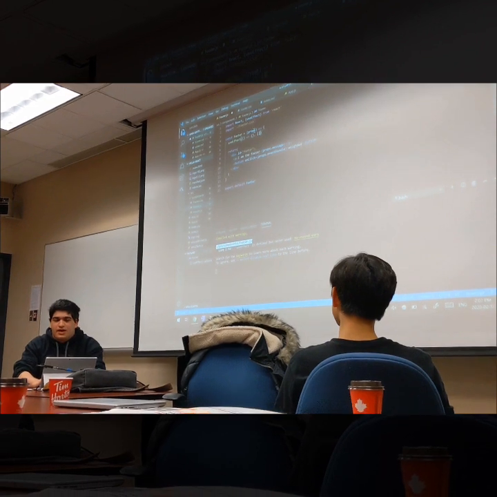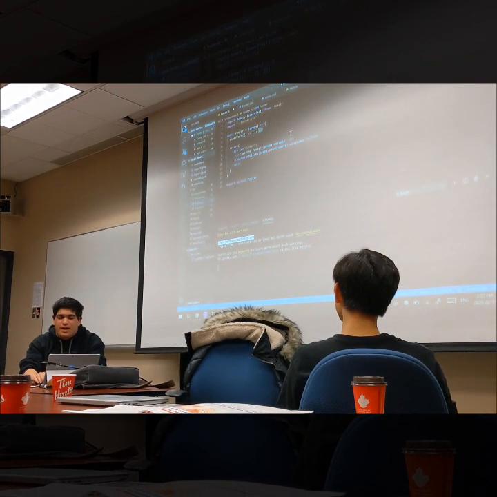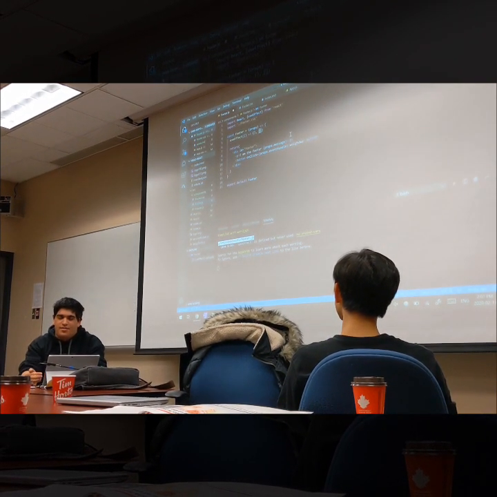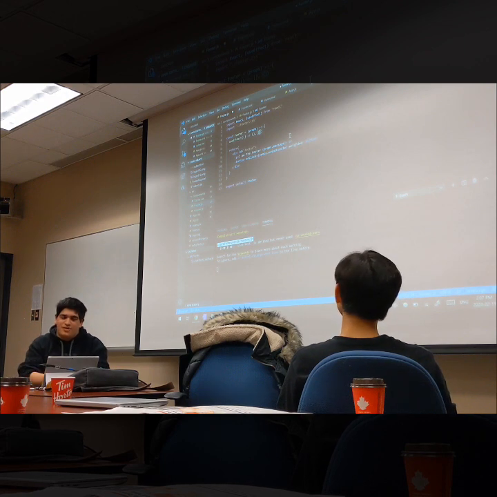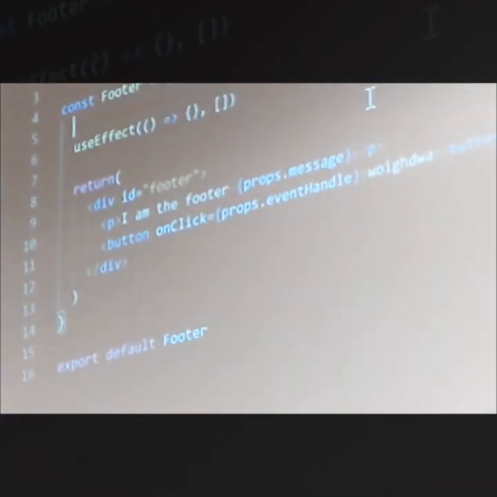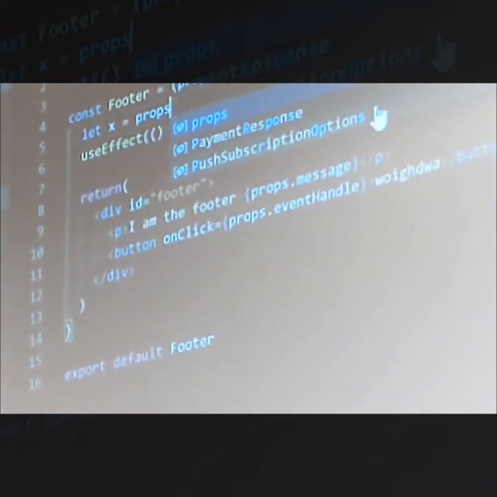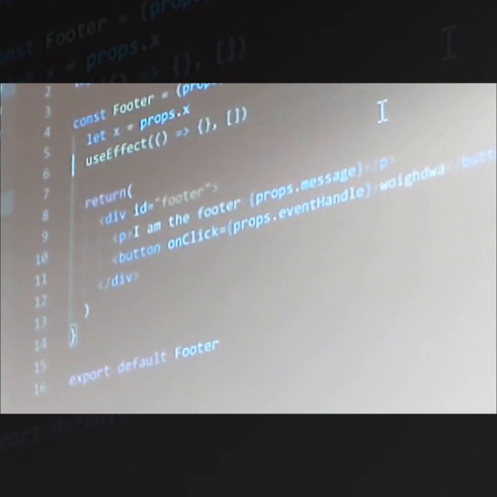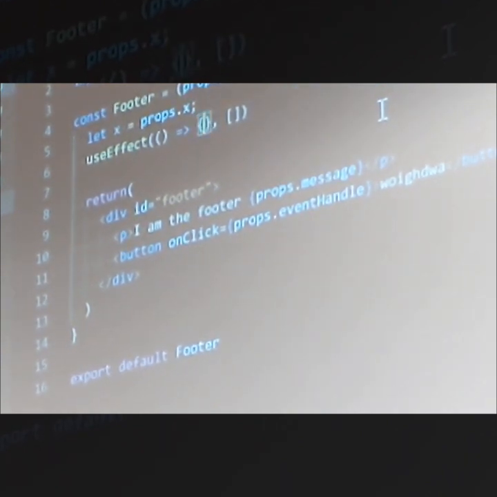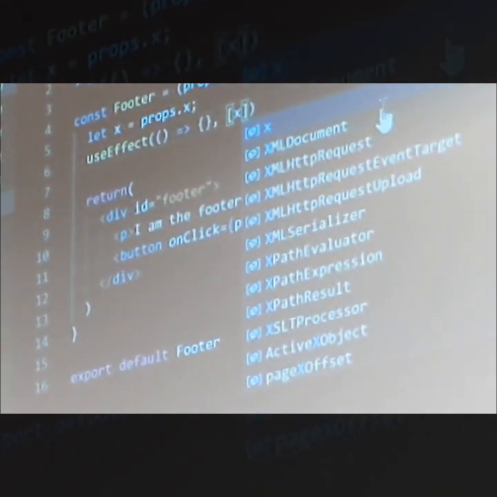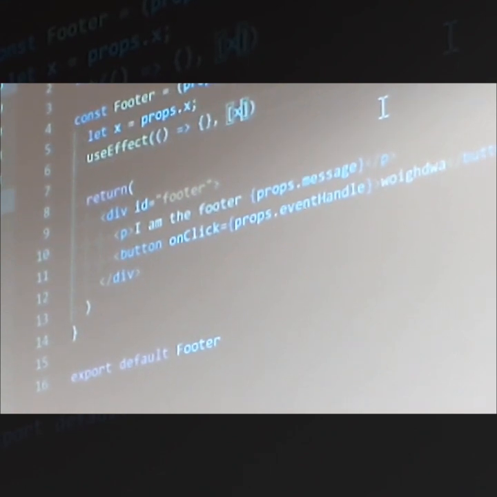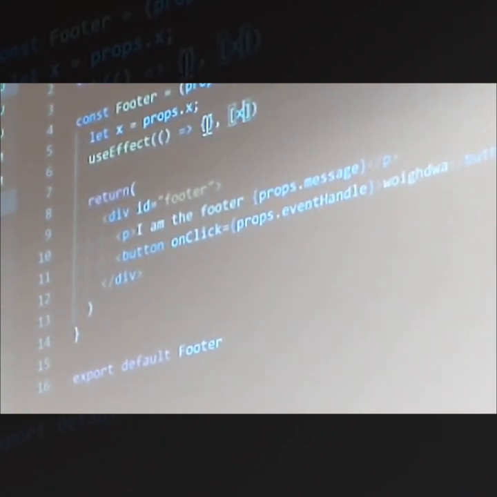Inside of here, you can pass in a variable that will update, that you want to re-render on that update. So let's say we get a new prop called X, right? And we want to have a re-render when X changes. So in here we can,